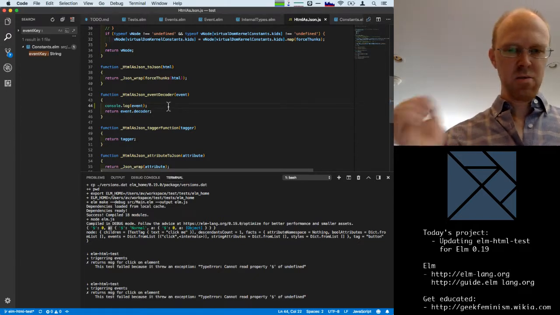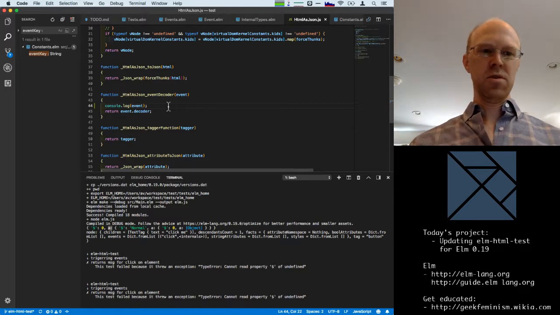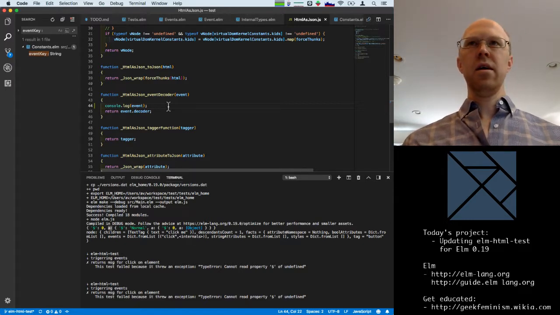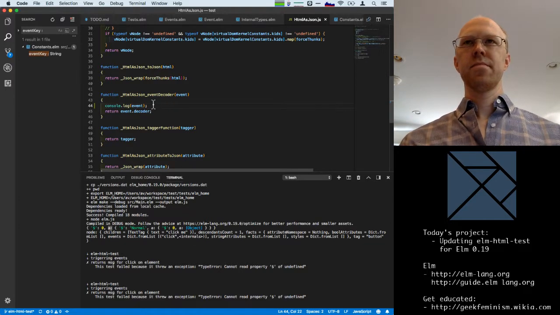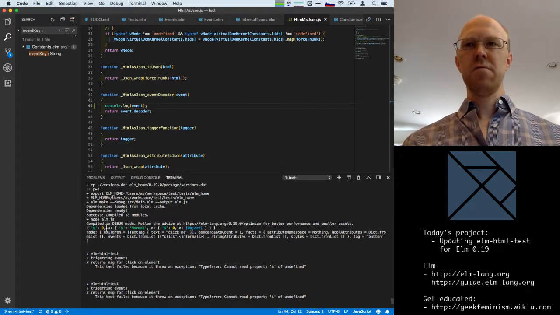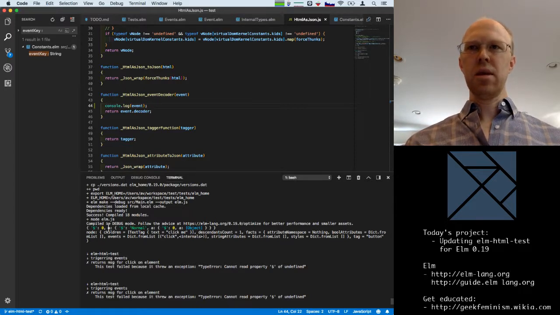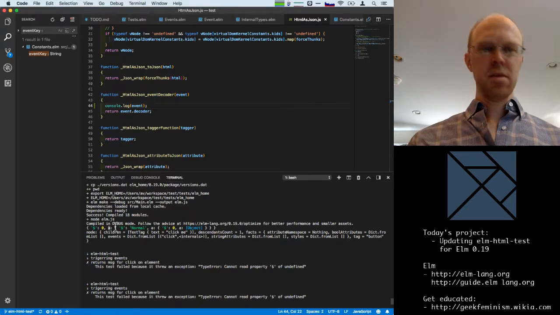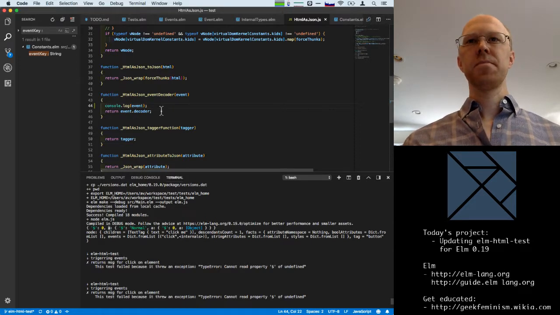So maybe in a minute we can look in the virtual DOM source code and see if we can figure out where this is created and what the actual name of this field is, not the obfuscated name. But also I want to check the type. Like, what type is it? Does the Elm code think this is returning?